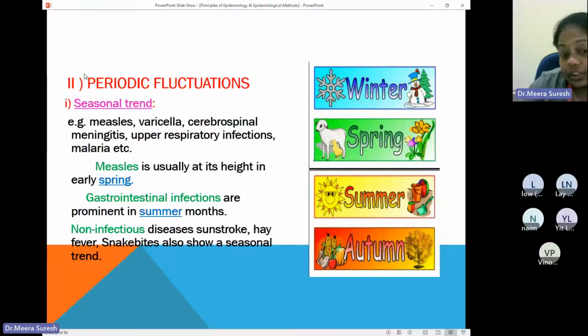And if it is snakes which are living in tropical countries, they will come out more towards the night time or the colder weather, because during the heat they don't want to get exposed to the heat. So during the night or whenever there is cold weather they come out. So at that time the snake bite can be increased. So based on these features we can see the infectious and non-infectious disease changing according to the season.